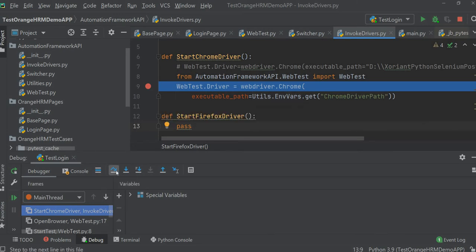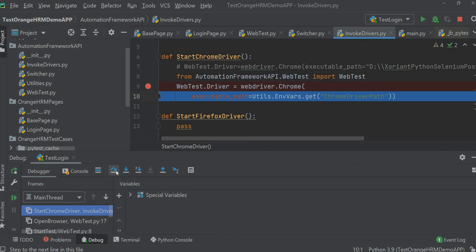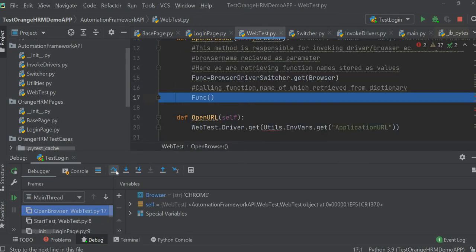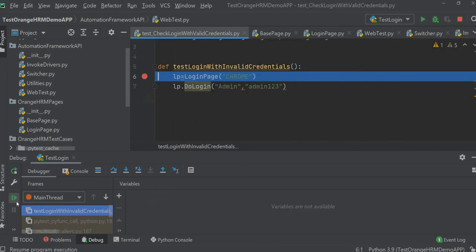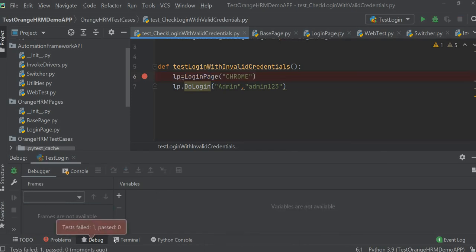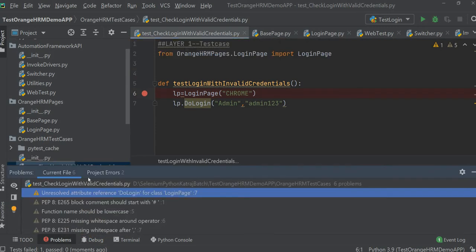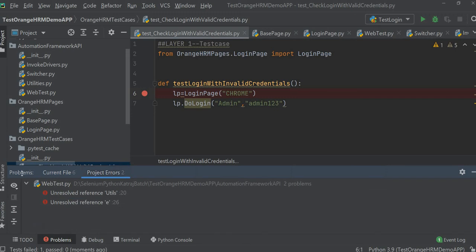Correct, now I'll see. Okay, now it should have started. Okay, let me see. Now it looks all fine. Okay, let me try running it now.